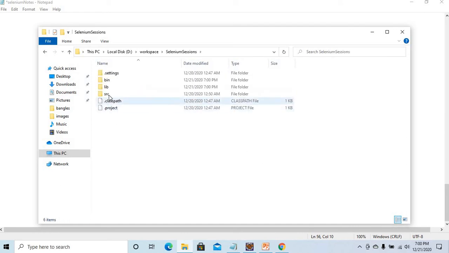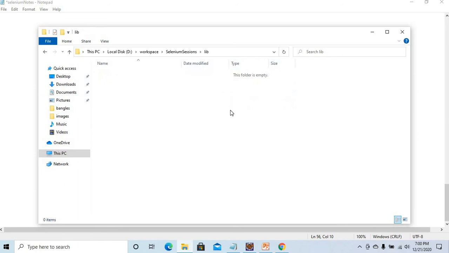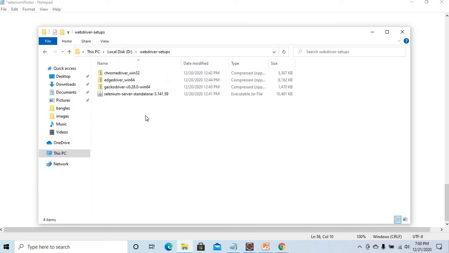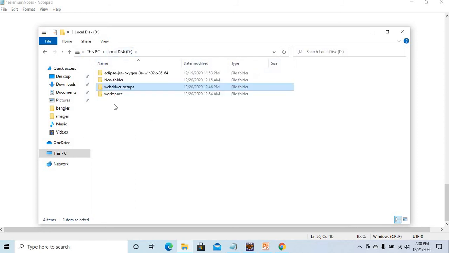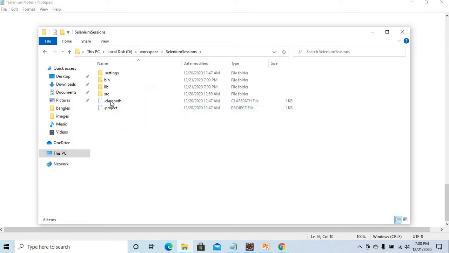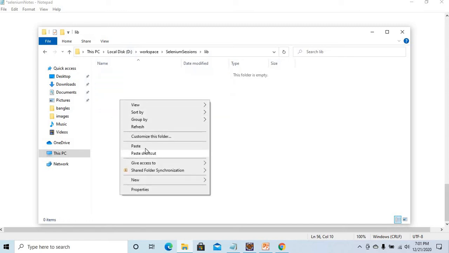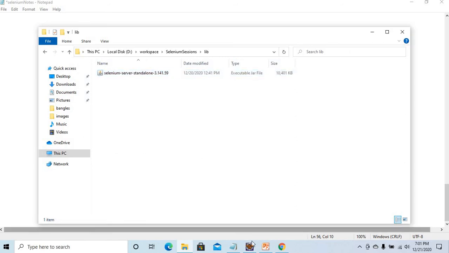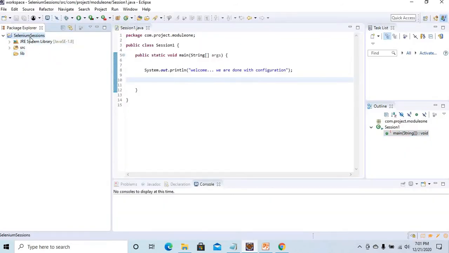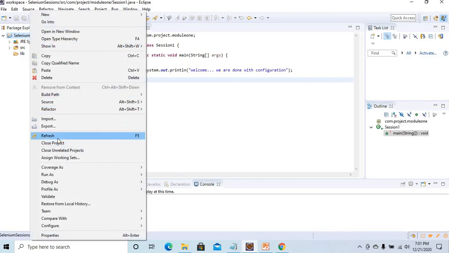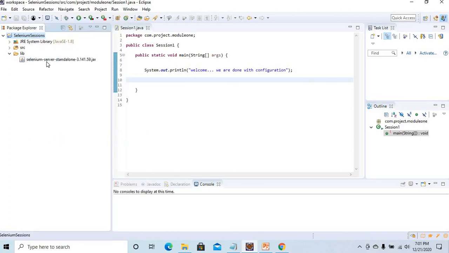Let's go inside your project, and this is your lib folder. Here we need to place all our jar files. As of now we have only one jar file. I'm copying this. And of course, if you download it, it goes to the downloads folder, so just copy and paste from your downloads to the project lib folder. Paste here, that's it. Now come to Eclipse and refresh your project. See, my jar file came here. So we just placed the jar file in one folder. We have not yet configured this.